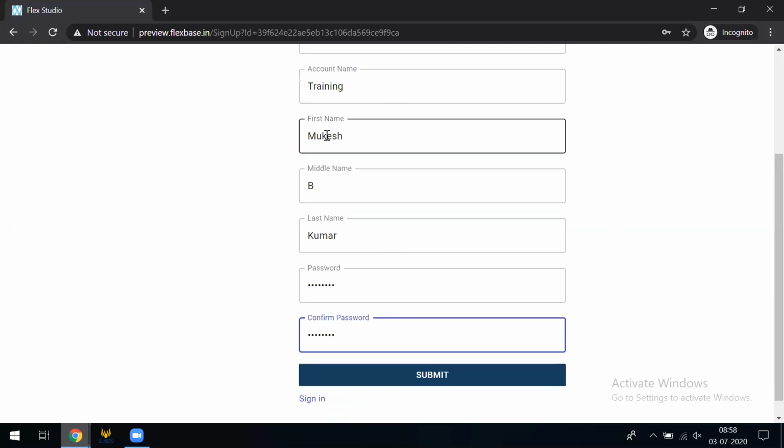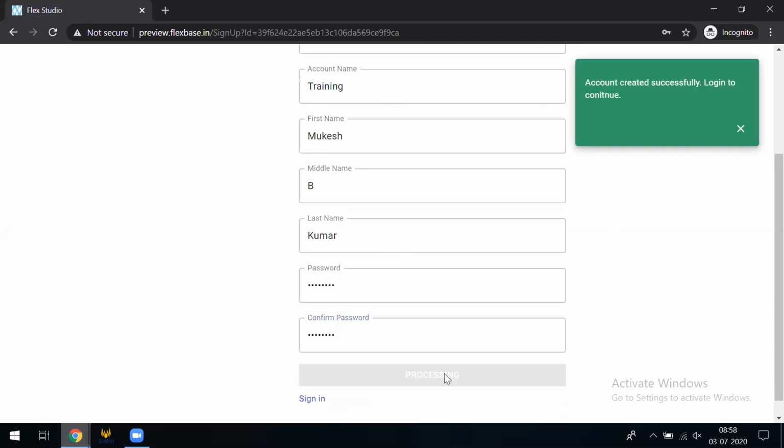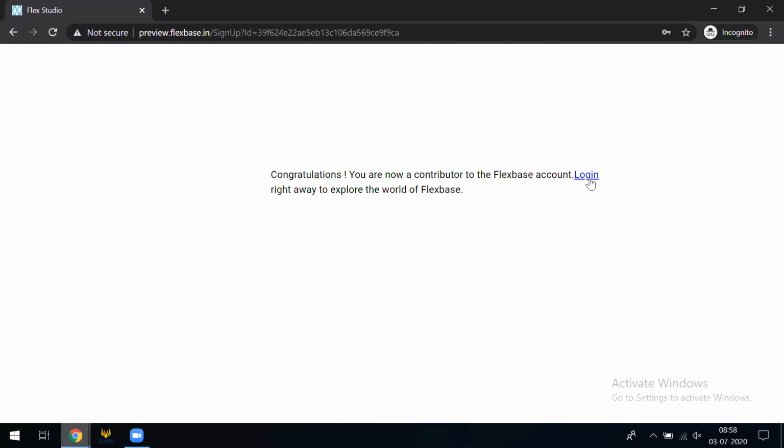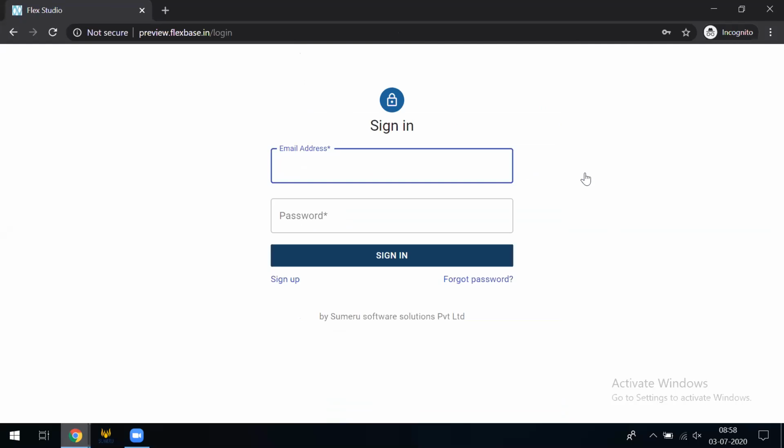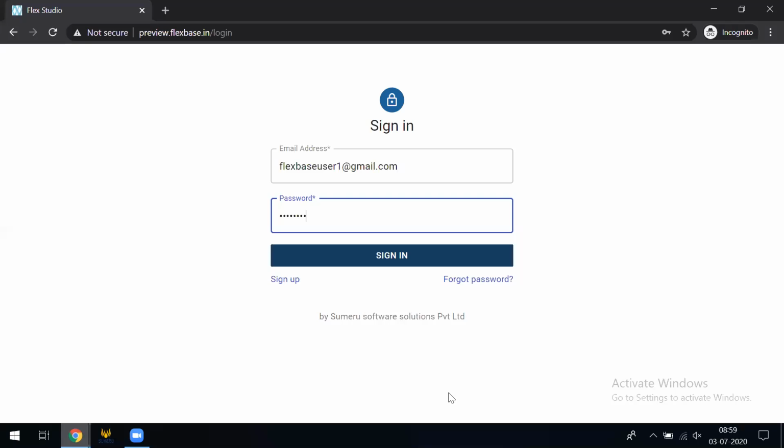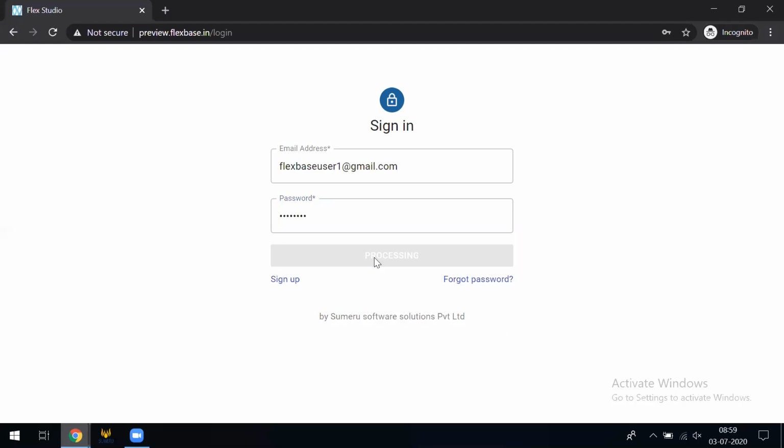This is the new user, Mukesh Kumar. So Vijay Kumar has added this new user, Mukesh Kumar. Let's go ahead and submit. Account has been created. Okay, it says congratulations. We'll go ahead and log in now. Let's enter the details of Mukesh Kumar. Okay, so I entered the details. Let's sign in.